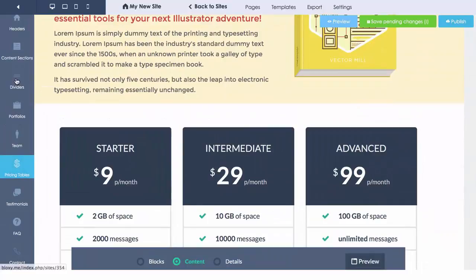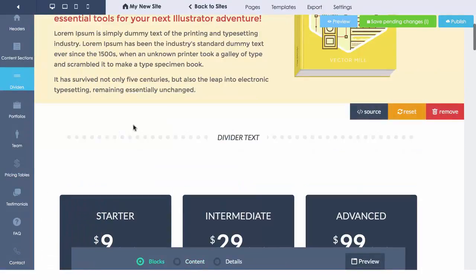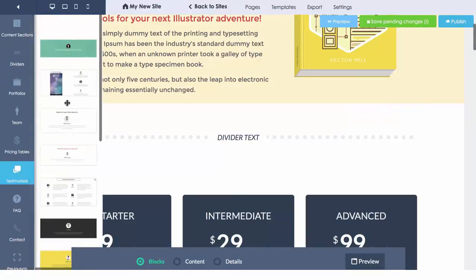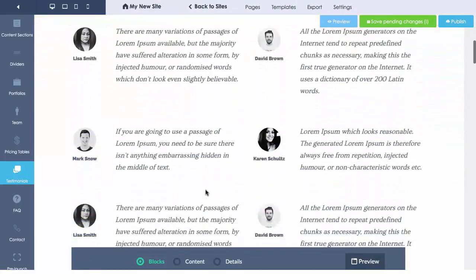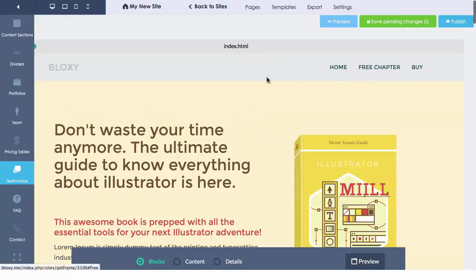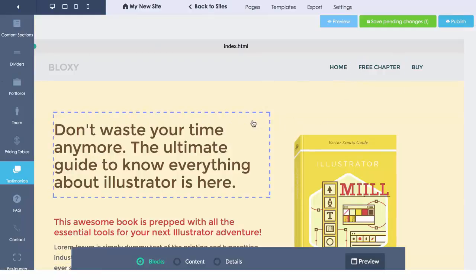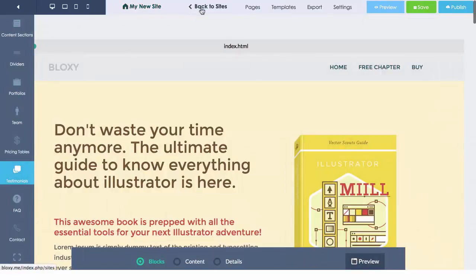And I can put in a new divider here before, edit the text. I can put in a testimonial block, so you can drag in here, which I can also edit, including images and the text and all that. So you can edit and add to the templates as much as you want. I'm just going to click Save Pending Changes here,